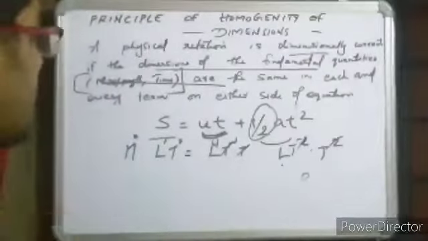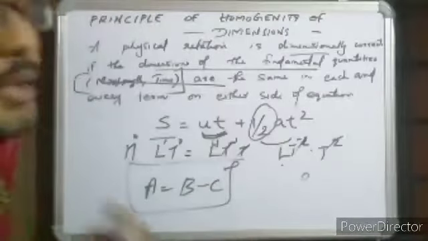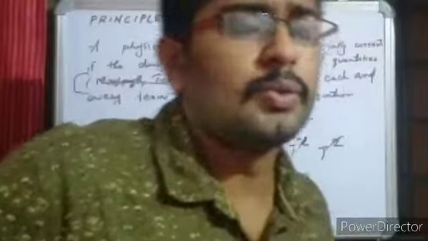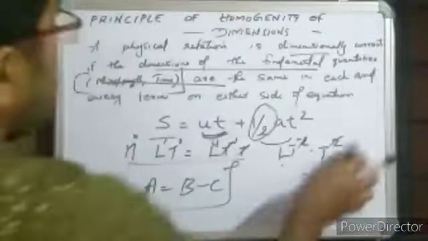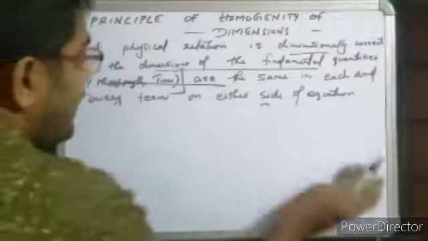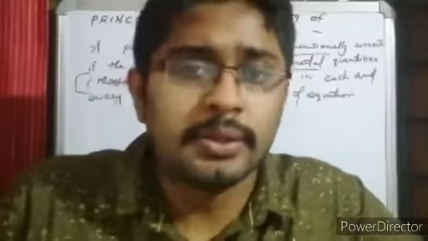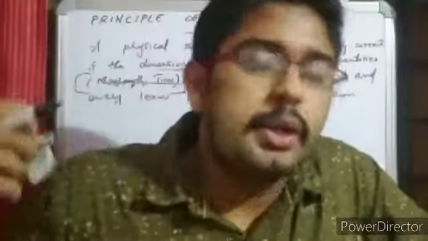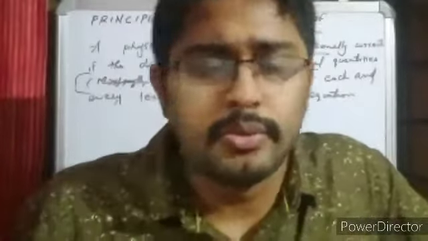Again it is true if you are considering the case where A is equal to B minus C. If you want to find the difference of two masses, m2 minus m1, you again get m. So even in that case your principle of homogeneity of dimension is valid. Actually, this is our general idea: you can add only two quantities which are similar. If you want to add two lengths, you will again get length. So here instead of the quantity, you are changing it to the dimensional formula or its dimension. That's the only difference.